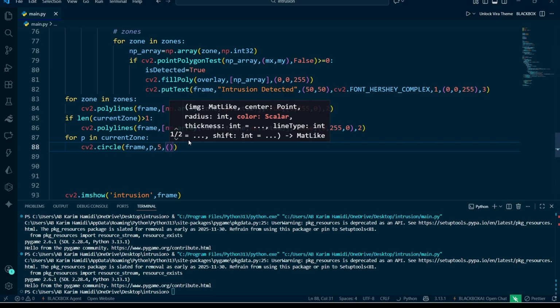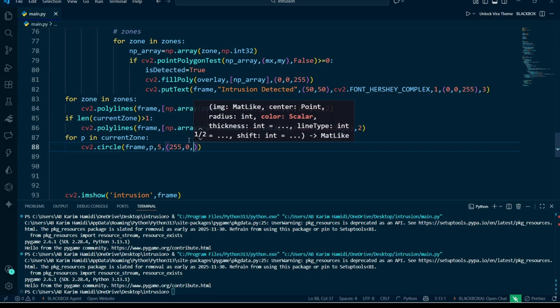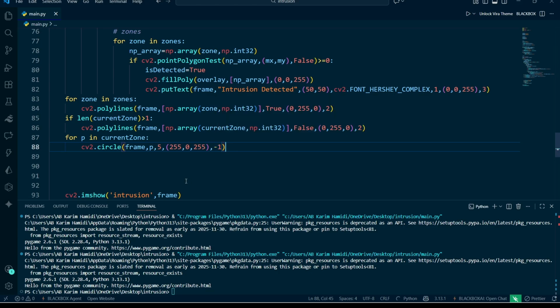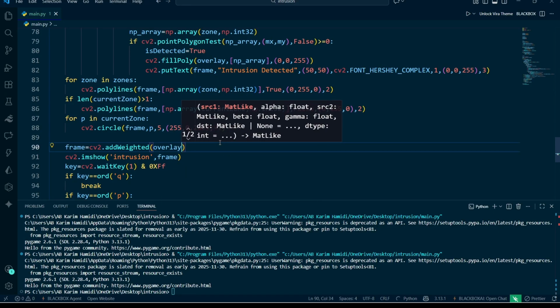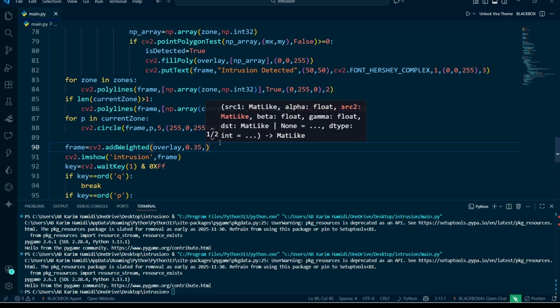The color should be 200. I think pink is acceptable. Yeah, great. And also we added overlay, so it's better for us. We do not want a harsh color, we want an overlay. We can say frame is equal to cv2.addWeighted, and the first parameter is overlay. Yeah, great. The alpha should be 0.35, and we can say